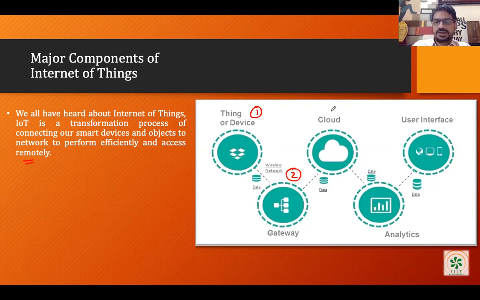Now let's talk about the third component of IoT, which is called cloud. Many of you know what cloud means, and many of you know the concept of cloud. Here we'll talk about cloud very briefly, and we have some more sessions in which we'll see how we can define this particular concept. Okay, so what is a cloud? Cloud is nothing but